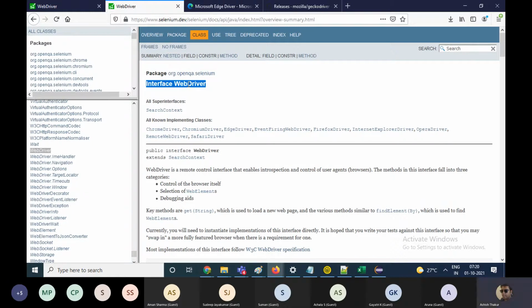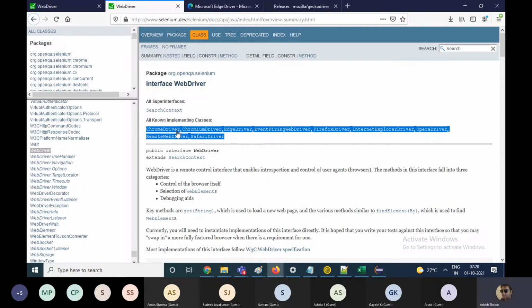So if anybody asks you what WebDriver is, technically WebDriver is basically an interface. And the classes which we studied yesterday, Chrome driver, Edge driver, Firefox driver, Safari driver, and remote web driver, which is there to run the test cases in parallel when you are using Selenium Grid.